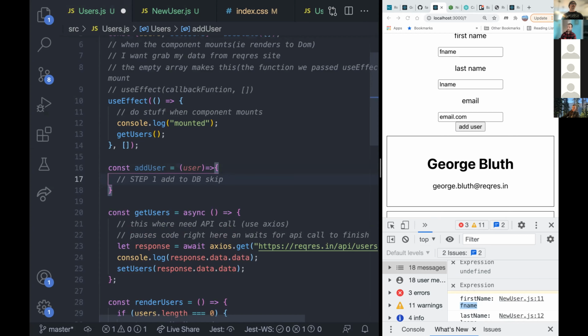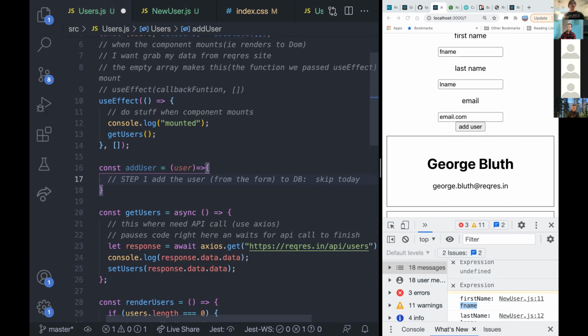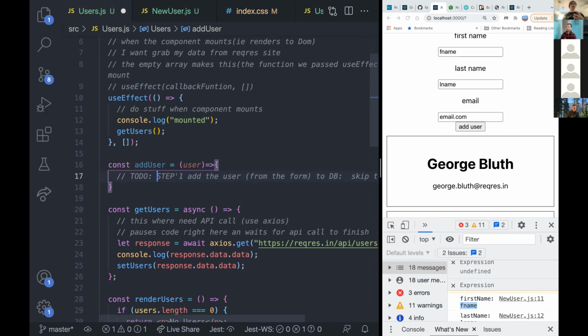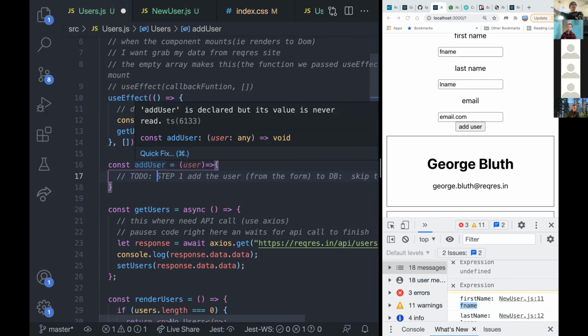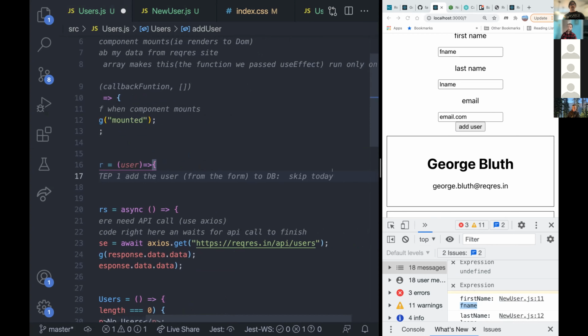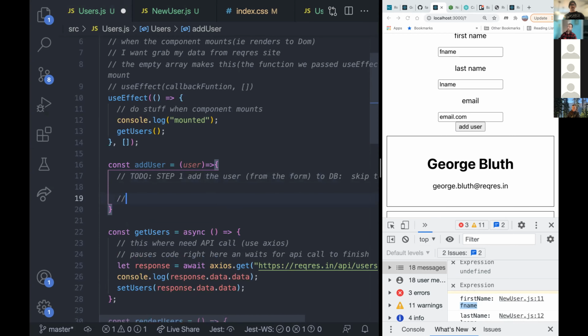For now, we're going to skip this. Add user, this is from form. So the first thing we're going to want to do here is add the user from the form to the DB, but we're going to skip that today. I'm just leaving that note. This can maybe be a to-do. Eventually, once we hit add user, we're going to want to add this user to the database. We're not going to do that today, but our next step